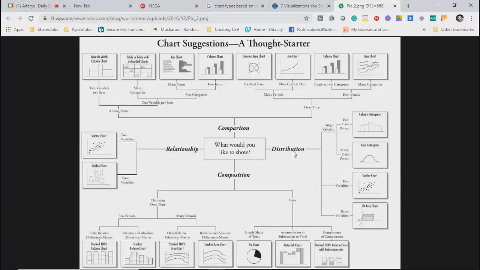How many numbers are in it? Let's say age groups, 0 to 9, how many people are there? 9 to 18, how many people are there? That suits a histogram. Basically, the shape of the chart is like the distribution.